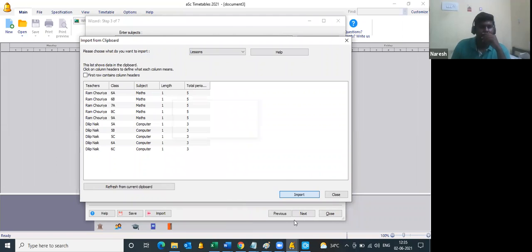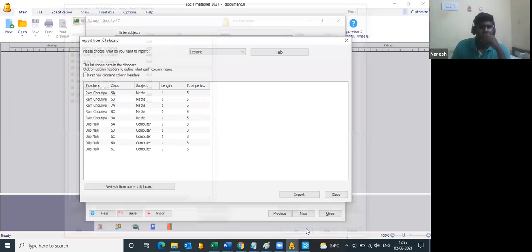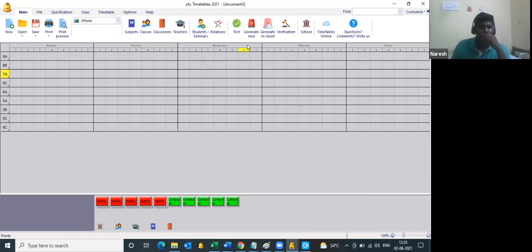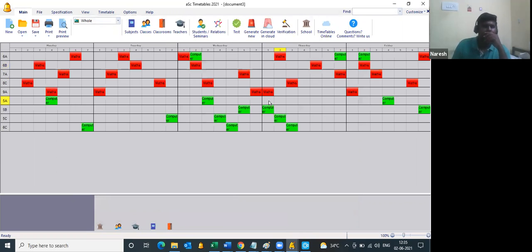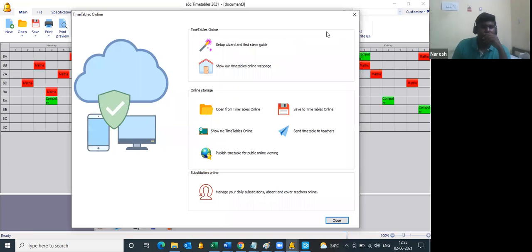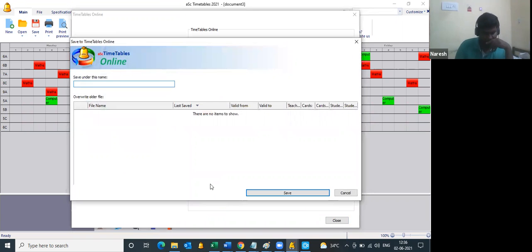I'm just generating a dummy timetable, and after generating, I am uploading it online. Generation is done. Now I click on timetables online. Here's an option called save to timetables online. Now it is an offline edition. I am saving this particular timetable to the online edition. So I click on OK. I give a new name. I give it as Euro 2021.